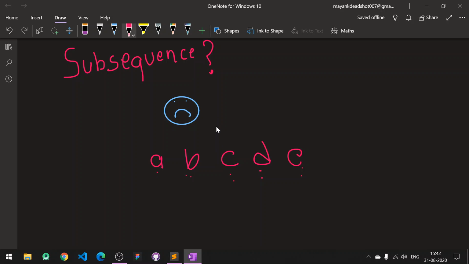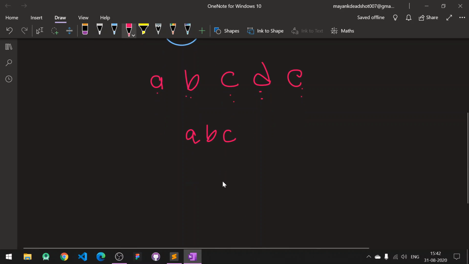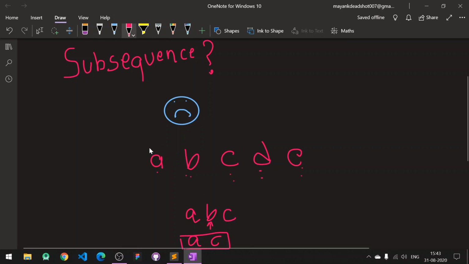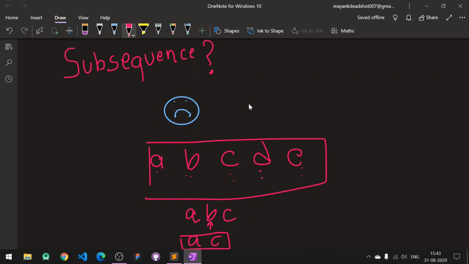The subsequence is what we get if we take a sequence like A, B, C, and then delete the characters A, B from it. So C is a subsequence. If we take the string ABCDE, ABCDE is also a subsequence of its own string.